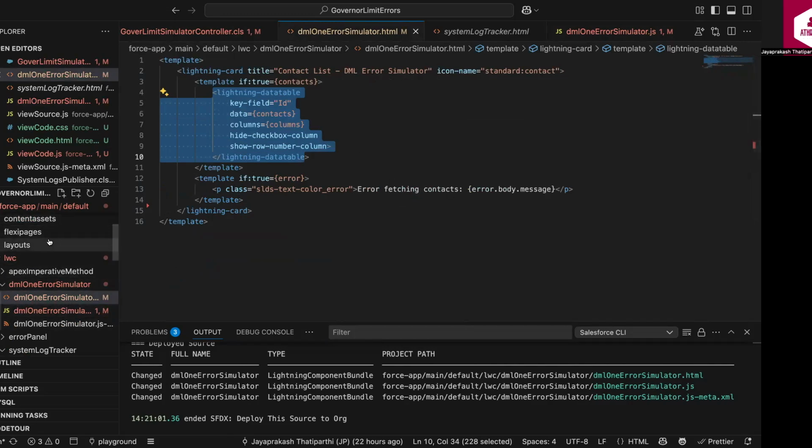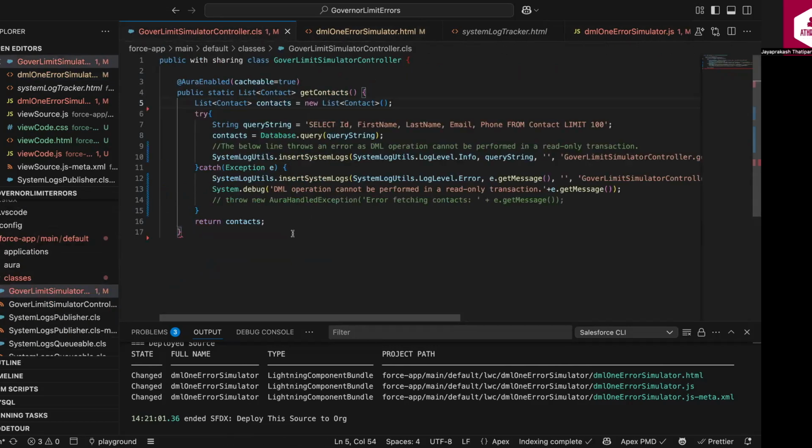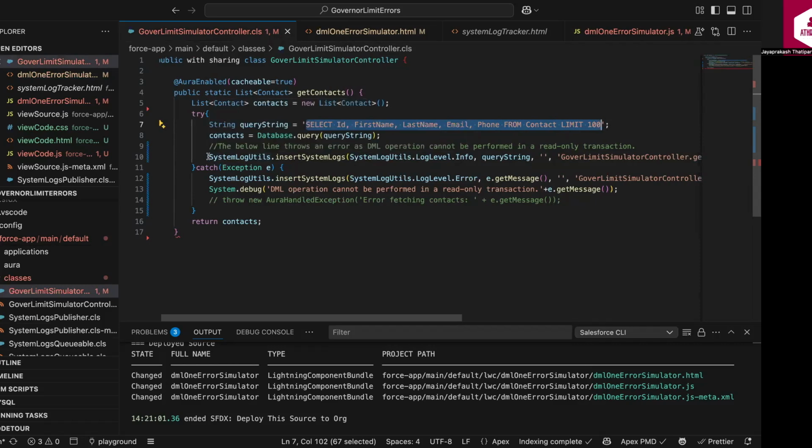If you go back to the actual Apex class, the Apex class is also very simple. So I have a getContacts method, which is retrieving a list of contacts using a query string. I'm retrieving Id, FirstName, LastName, Email, Phone from Contact, and I'm retrieving around 100 contacts. And using Database.query, I'm querying this object. And then after this, my requirement is I want to actually log